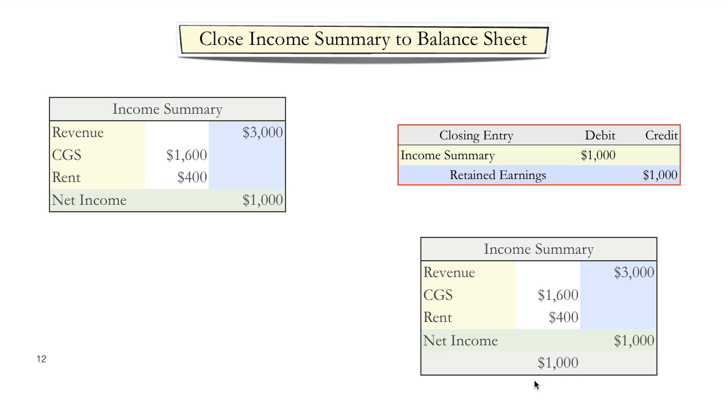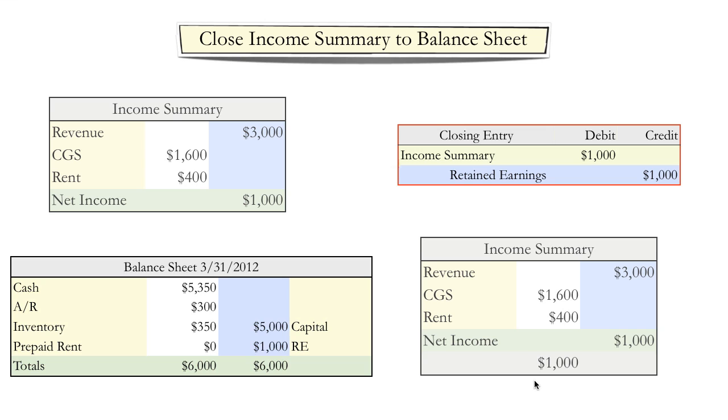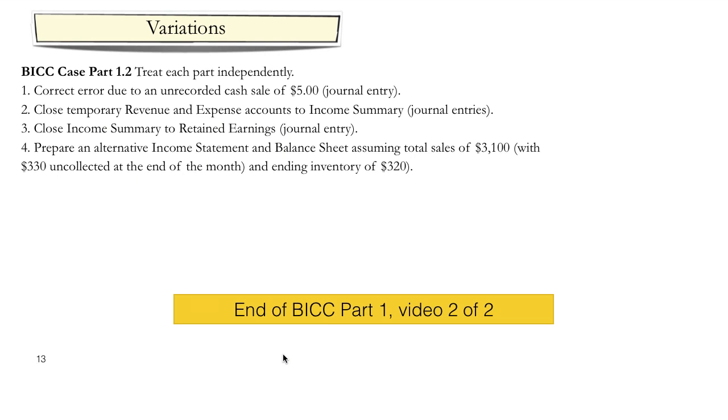And finally, we show the balance sheet at the end of the month, and you'll notice that the income has been transferred from the income summary account to the retained earnings account. In this case, remember, the retained earnings account at the beginning of the month was zero, so the credit of $1,000 of income results in a credit of $1,000 on retained earnings. Once again, we suggest that you look at some variations